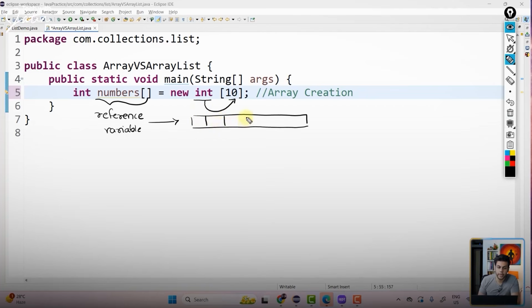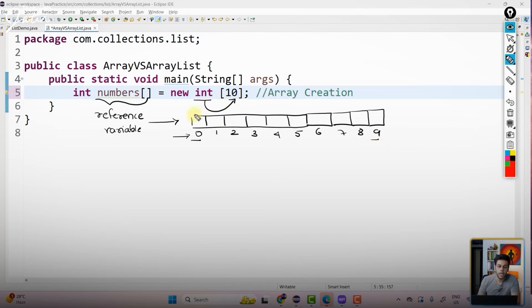So, you are going to get 10 memory locations: 0, 1, 2, 3, 4, 5, 6, 7, 8, 9. Perfect. So 10 memory locations and the index is going to be from 0 to 9.